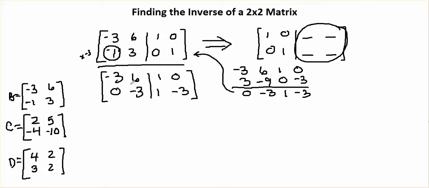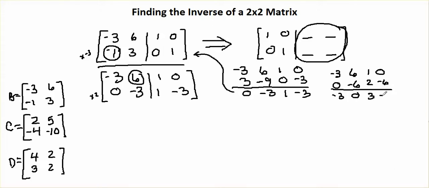As with equations, the next thing that we're going to try and eliminate is this 6. So it looks like what we need to do is multiply our bottom row by a +2 and then go ahead and add. So let's go ahead and do our math over here. We're going to take our -3, 6, 1, 0. We'll multiply this bottom row by 2, 0, -6, 2, -6, and we'll go ahead and add